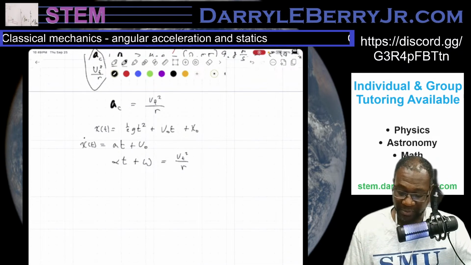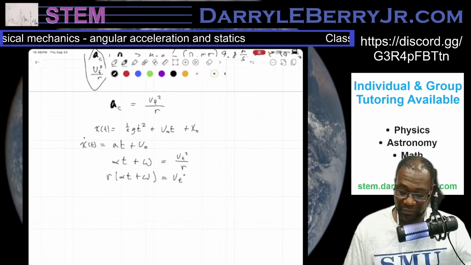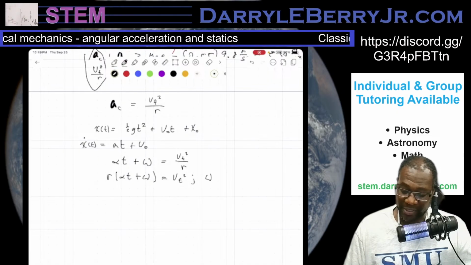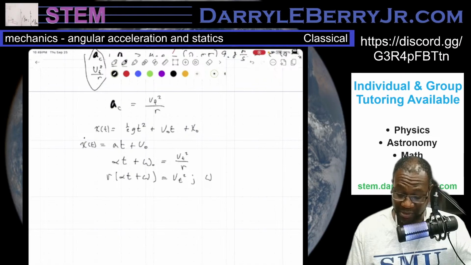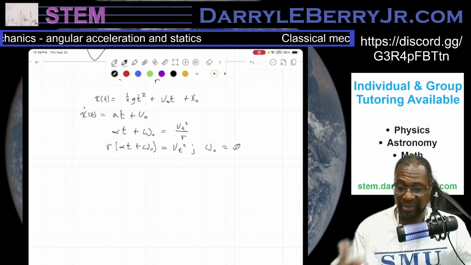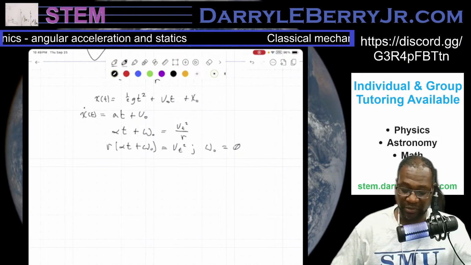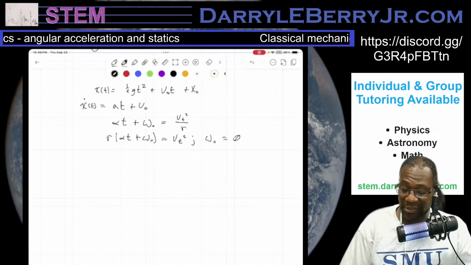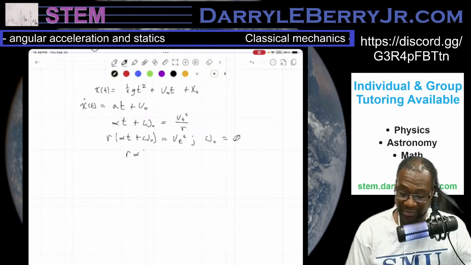So that means that r alpha t plus omega equals v t squared, and omega is the translational velocity, and this is going to be w naught, just like in the initial equation. We know that w naught equals 0 because it starts from rest, so there's no initial velocity that adds. It doesn't have a bump. It just starts from 0 and then starts accelerating, so we don't have to worry about any initial velocity. So r angular acceleration t